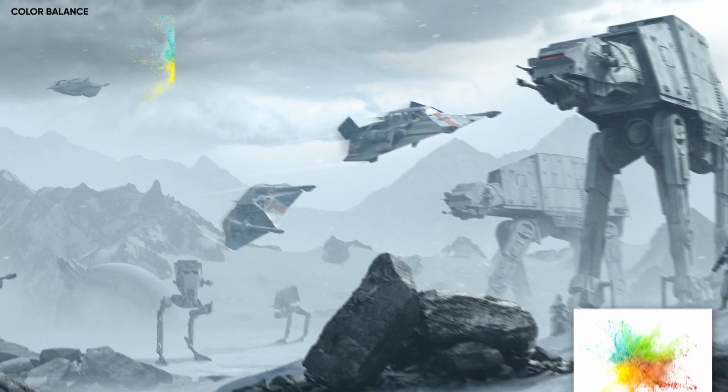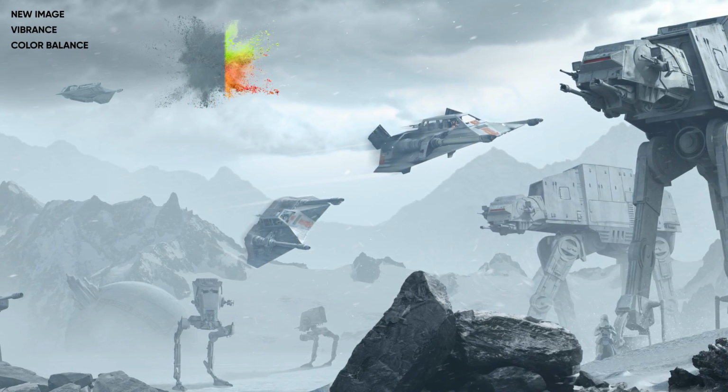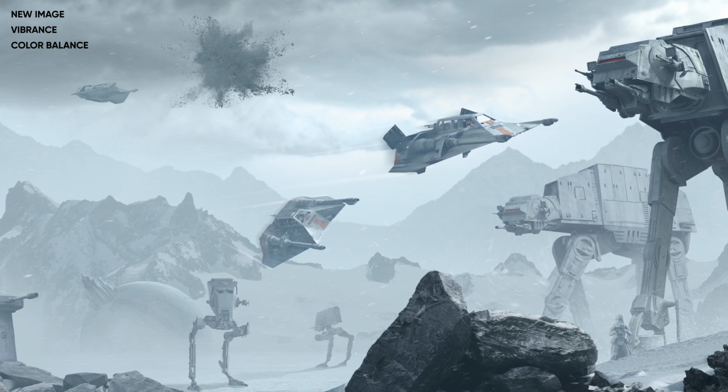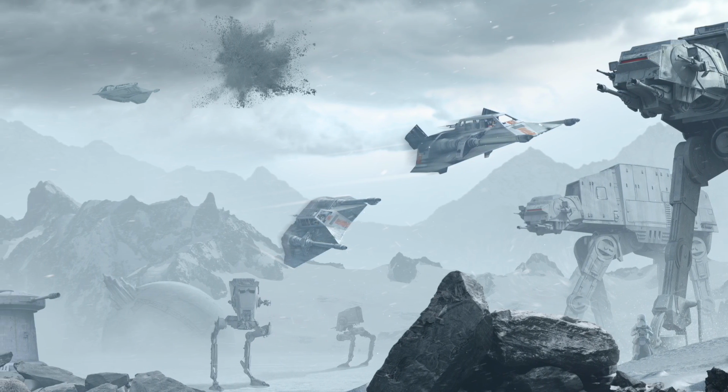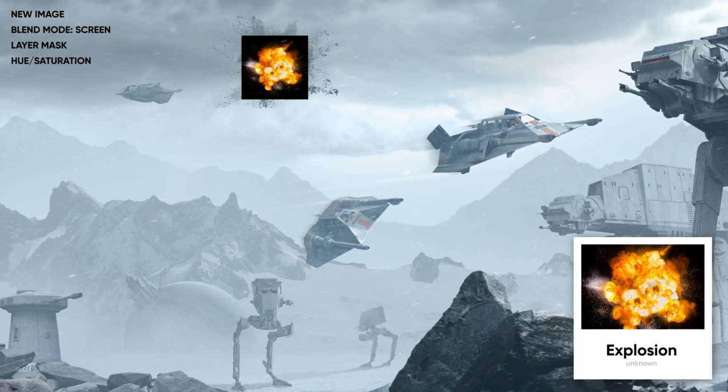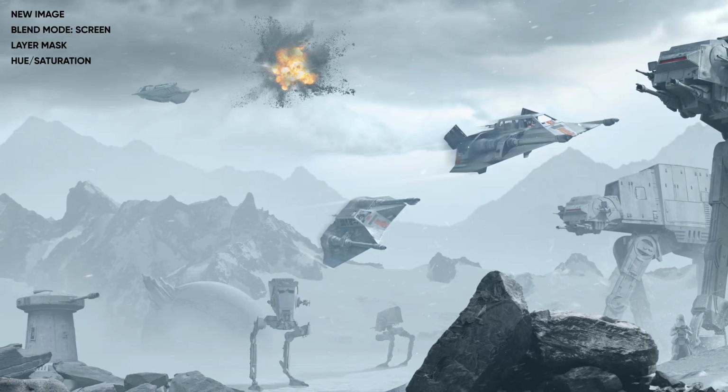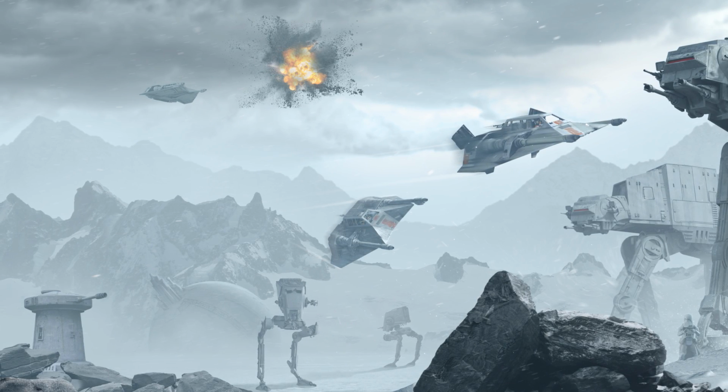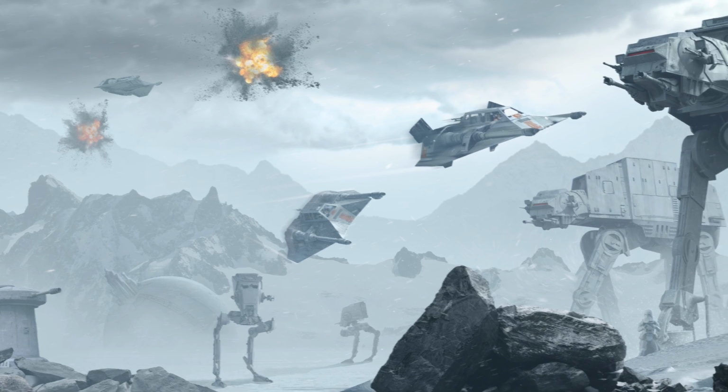I added this beautiful colorful image and made it look less beautiful and colorful by using vibrance and color balance. To make it actually lit, I added a real explosion, set its blend modes to screen and erased some areas to blend the two together. I copied that whole thing, moved it, rotated it, scaled it and decreased the opacity, but I needed more action,